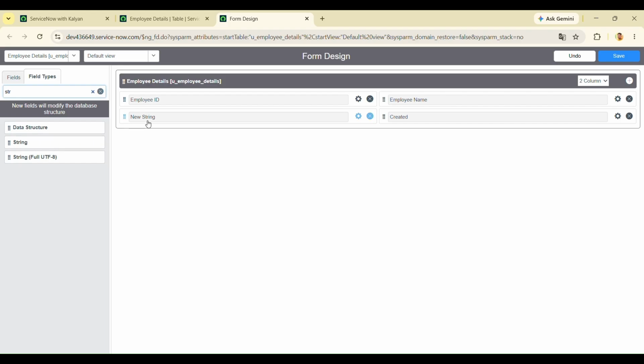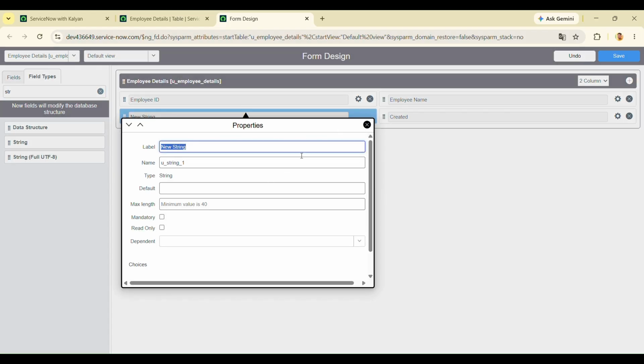But the name is what the name is here. It's a new string. But we need to set the field name as email. So to set that name, we have a setting icon here. So with this we can edit the field definition. If you click on it, you see here, it is allowing to change the label. So just clear that label and paste the email that you copied from the Excel, and